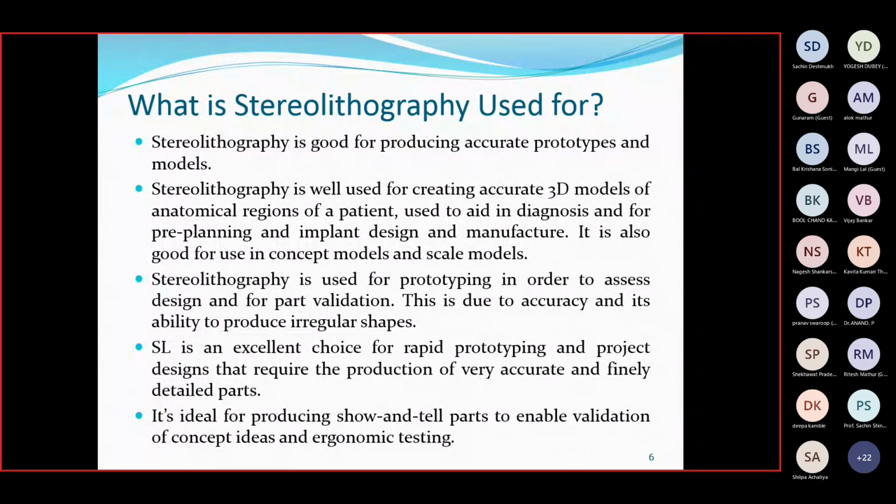Even though it is very basic and the very first, lots of processes are there. We will see tomorrow about 6 or 7 processes, but among them, stereolithography is the very basic and very first one. Yet in today's domain, it is very much useful, and it produces very accurate prototypes or models.